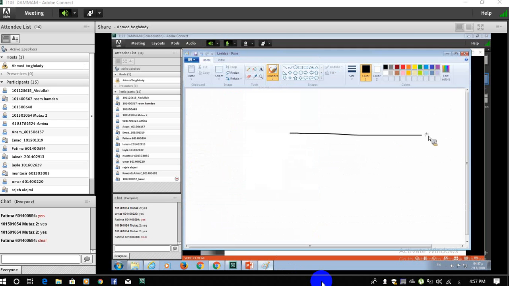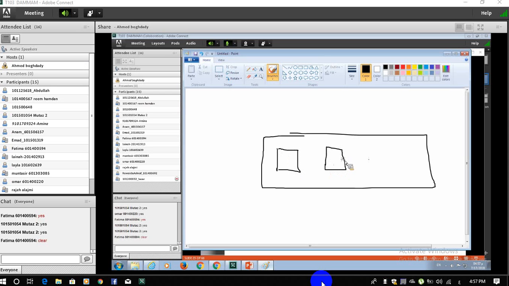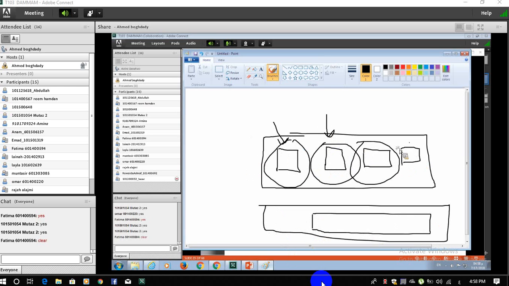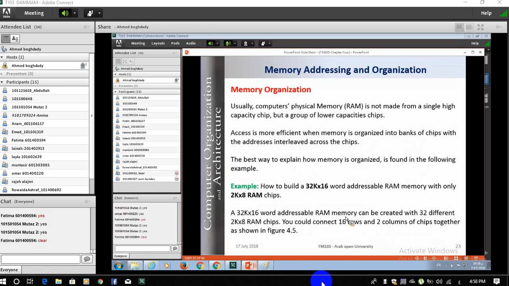This is how the RAM looks like. Now you see we have black chips here. Instead of having a RAM with a single chip, we will divide it into multiple chips. Why? The access time here is better than the access time here. So, to understand it clearly, how can we build